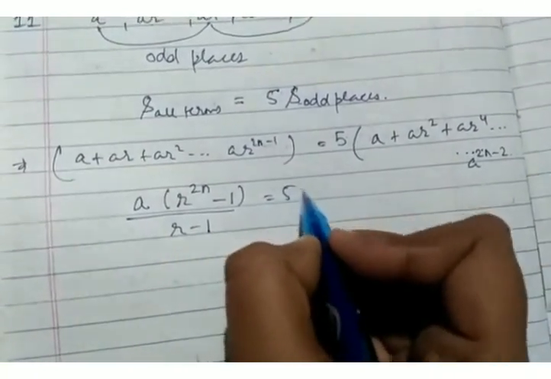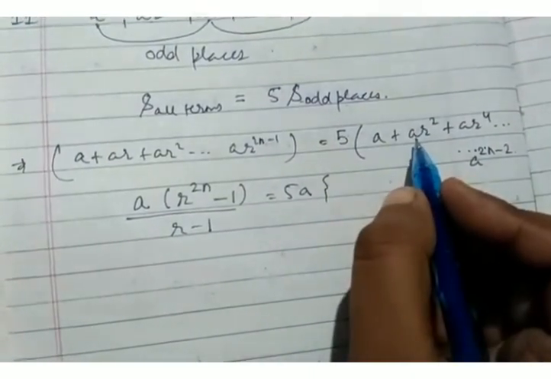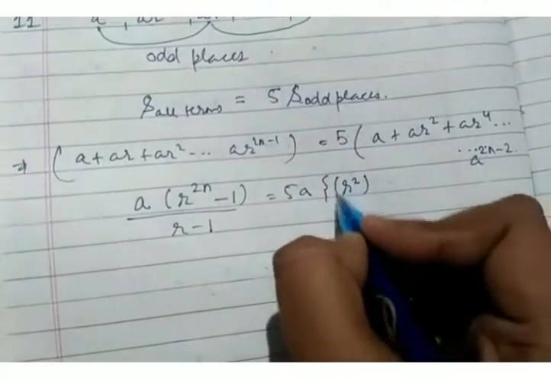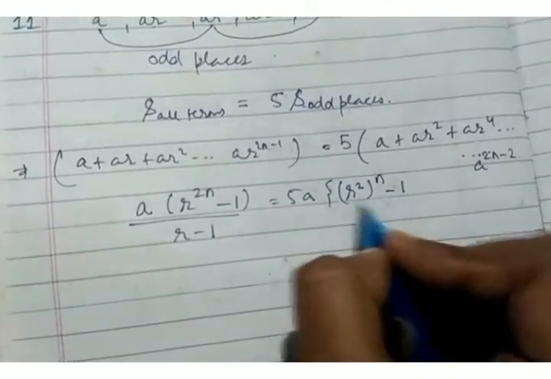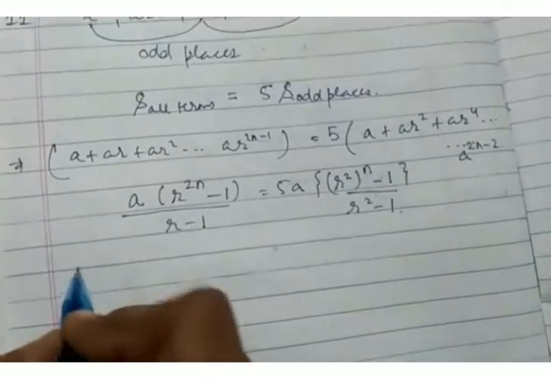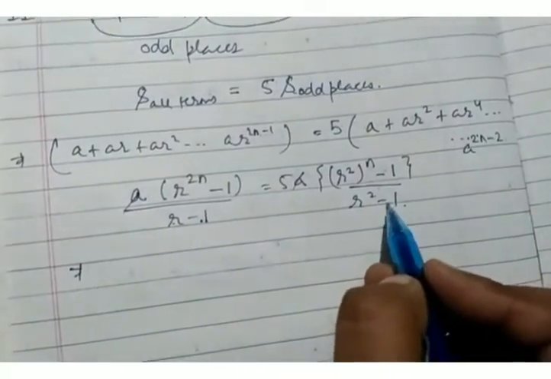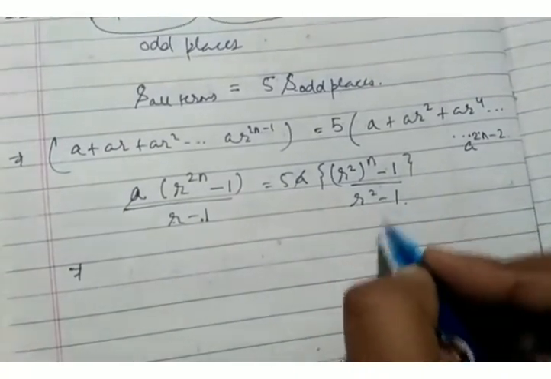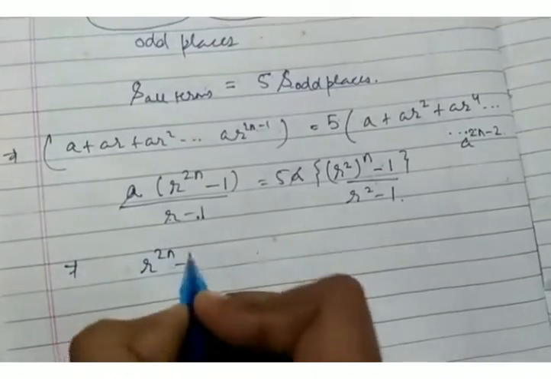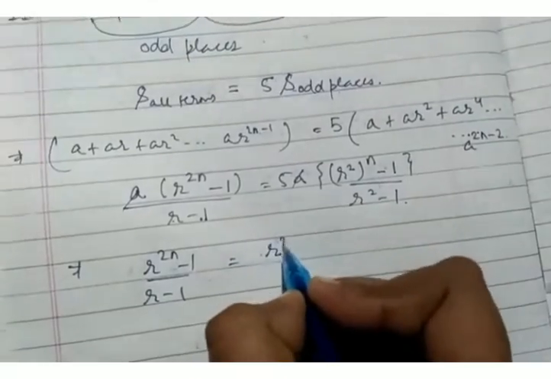This side we have 5a into... See, if we try to find the common ratio here, it comes out to be r square. So we have r square raised to the power n minus 1 upon r square minus 1. Now a is cancelled. Here we have r square minus 1. Let us write it again: r to the power 2n minus 1 upon r minus 1 equals r to the power 2n